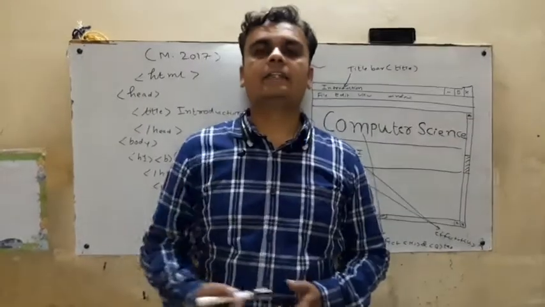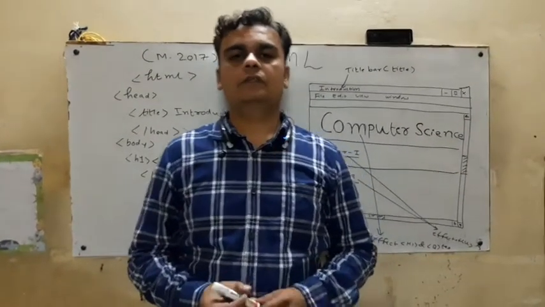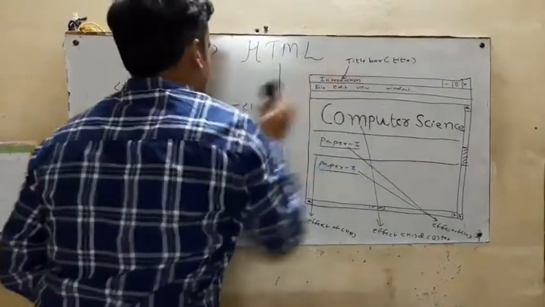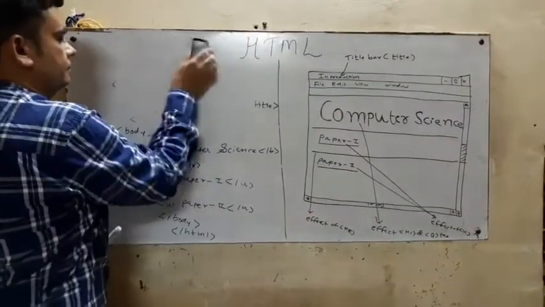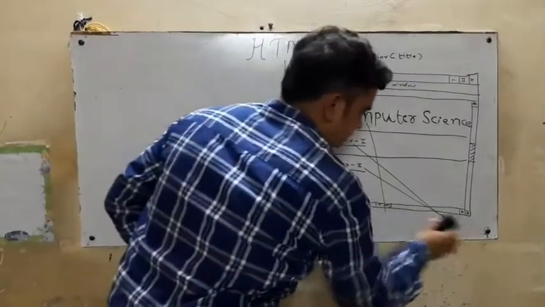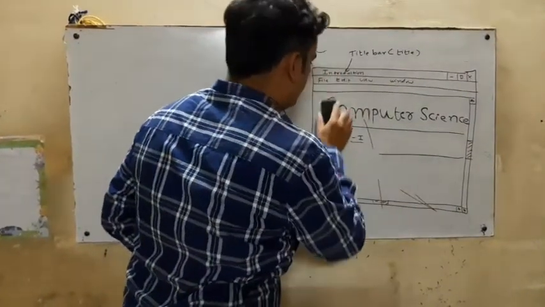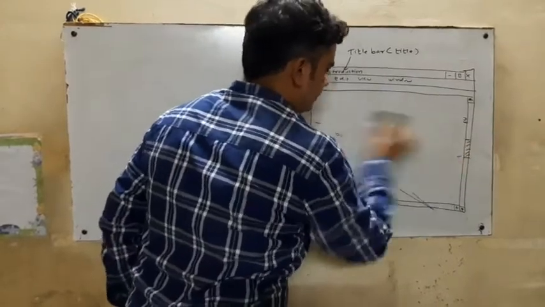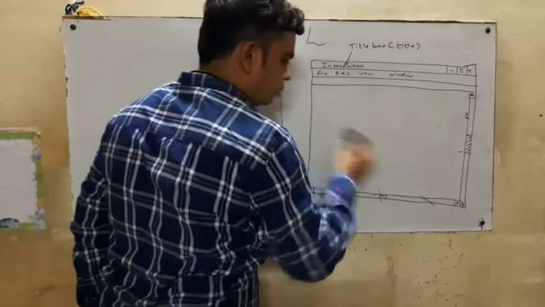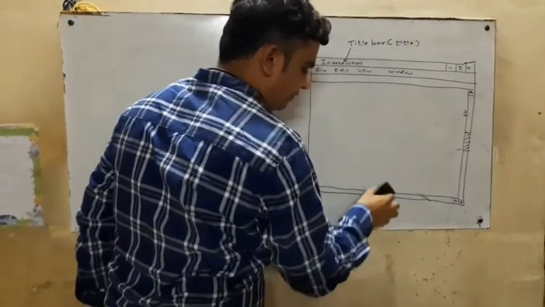We take another HSC board examination question on how to draw the output. So first of all, I am going to rub this. This output window I am just keeping as it is. Why? Because it helps to draw the next output, and it saves our time to draw it.